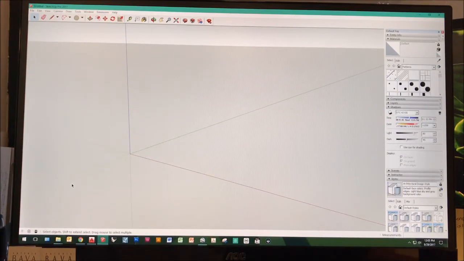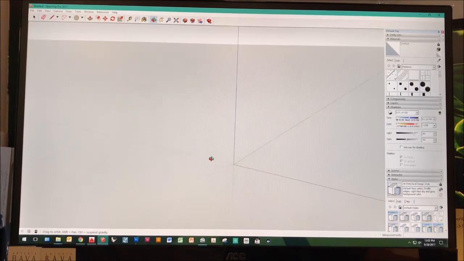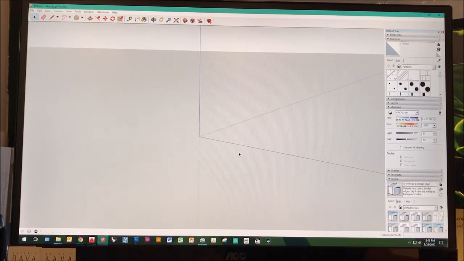Hello, for this tutorial I'll be teaching you how to create a shadow analysis for your site design. So here we are in Sketchup 2017, and this should work for 2016 and even the previous versions, but some things will be changed. So the first thing we want to do is import your site,